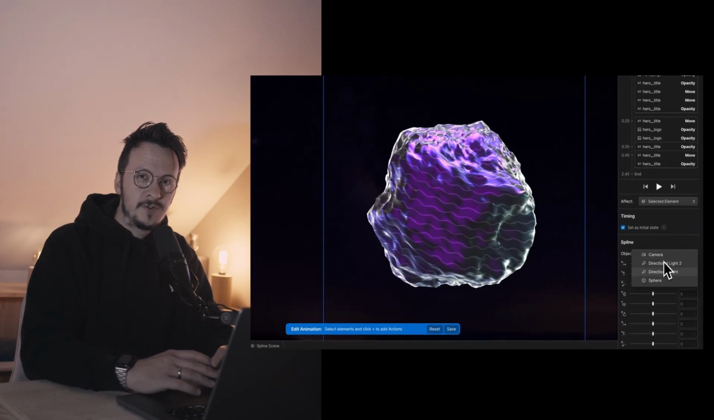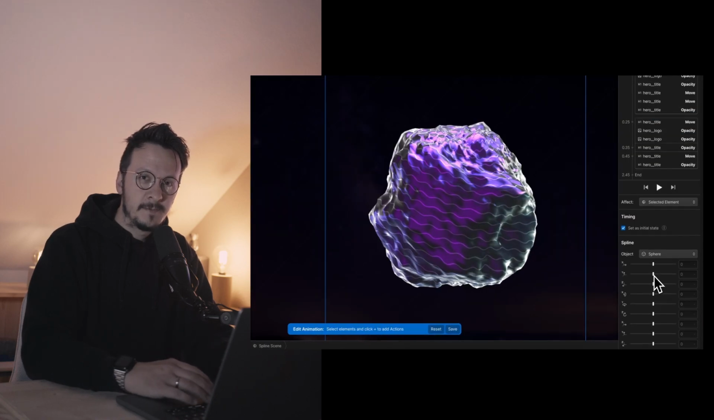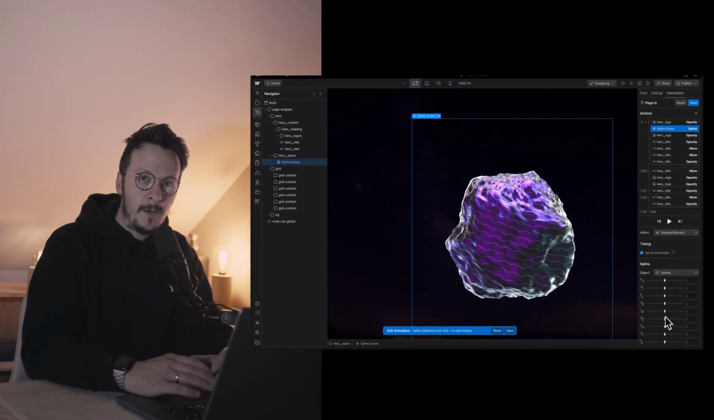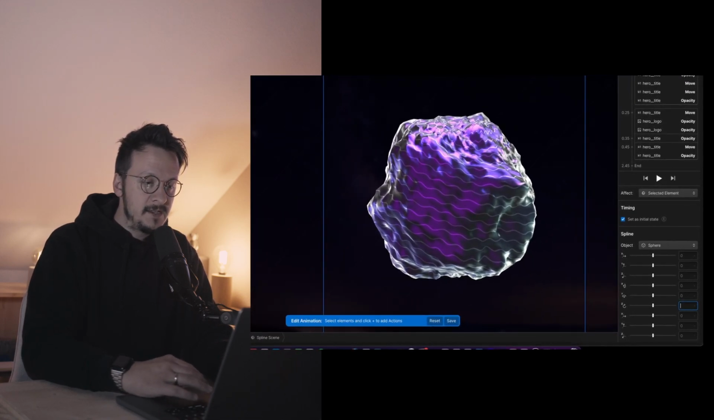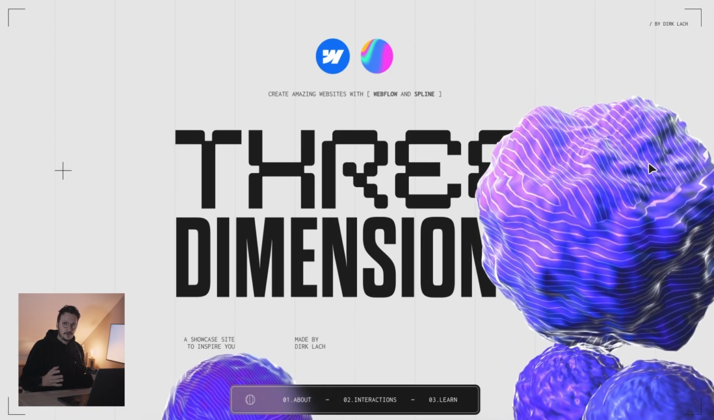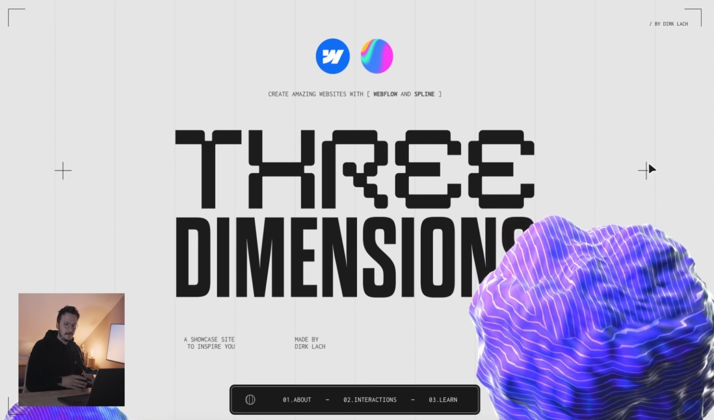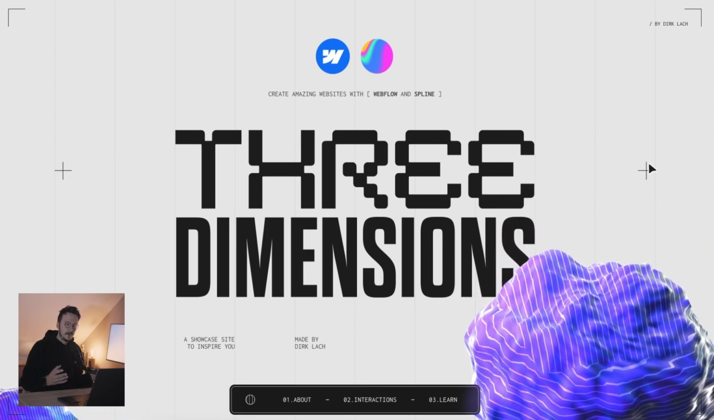In this lesson I want to show you how you can easily create an interactive 3D object in Spline and then integrate it in Webflow. And on top of that I will show you how you can add native Webflow interactions to your 3D object, and I will show you how I used this technique to create an immersive landing page with multiple 3D objects